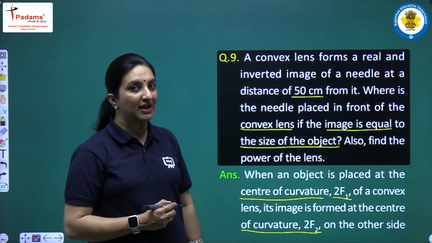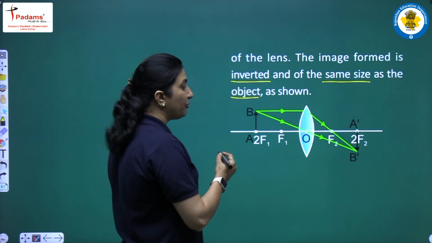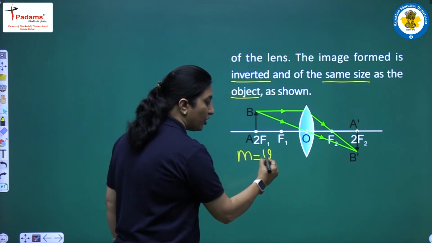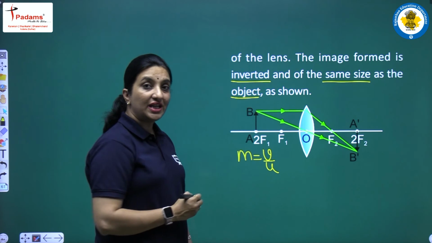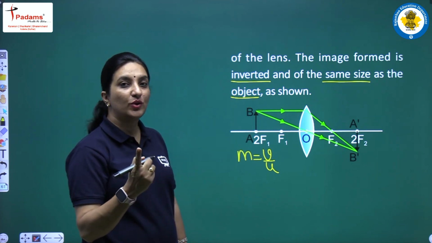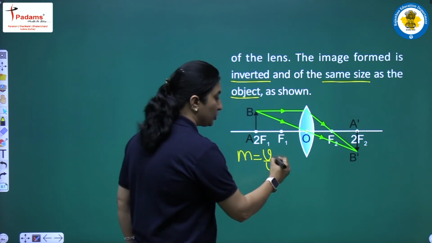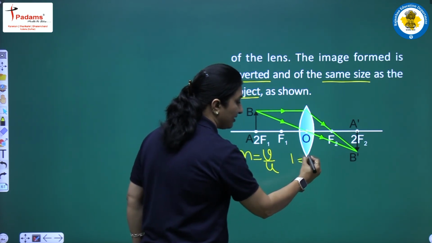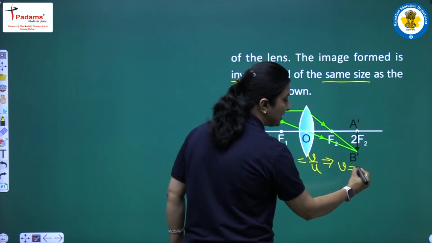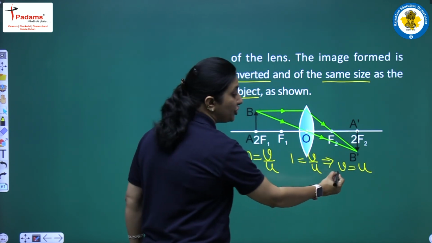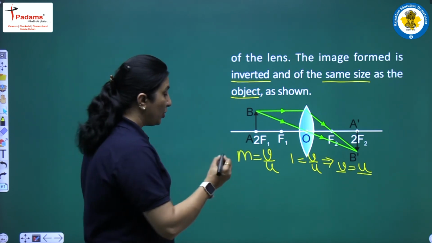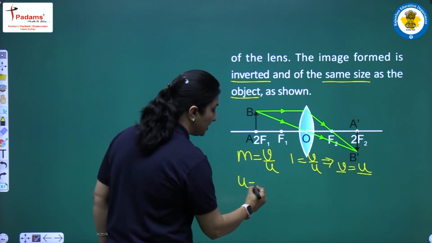This we can prove mathematically also. How we will prove it mathematically? Since M is equal to V upon U and the magnification is given as +1, since the size of the object is equal to the size of the image. So what we get is that 1 is equal to V upon U, and this implies that V is equal to U, that is the position of the image and the position of the object is same. So what we get here is that U becomes equal to